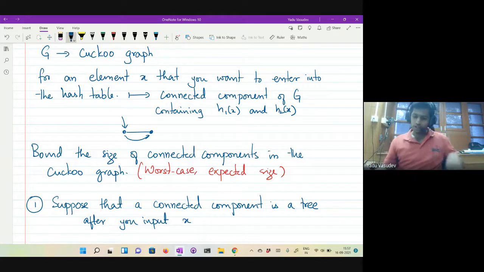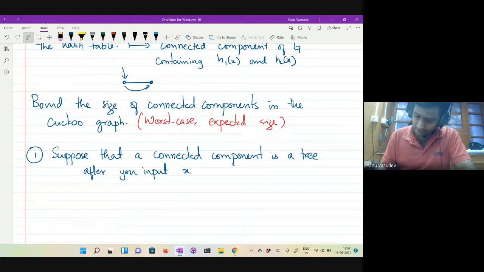So what you can do is the following. Say you have a tree.